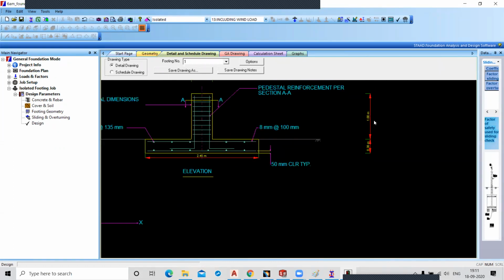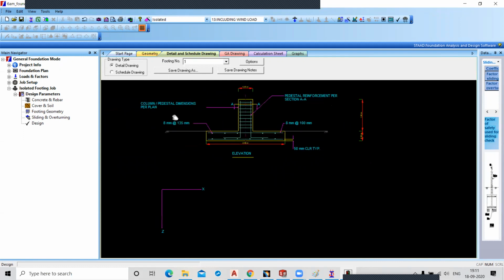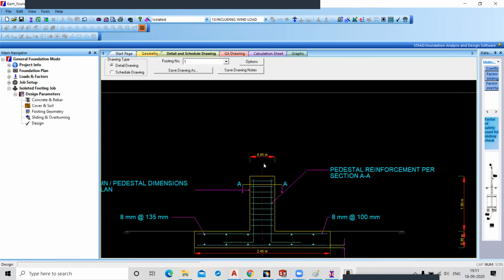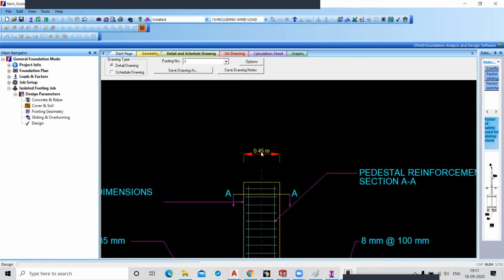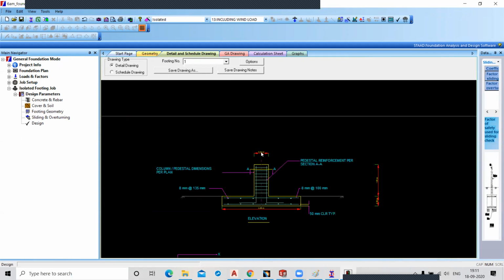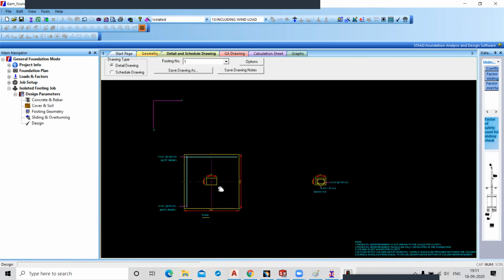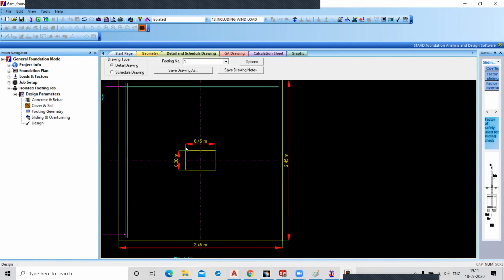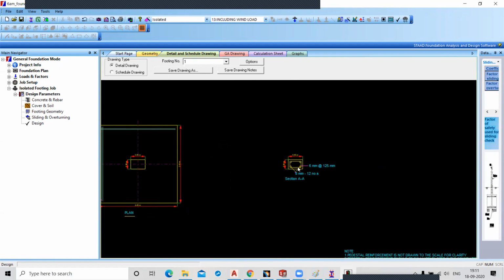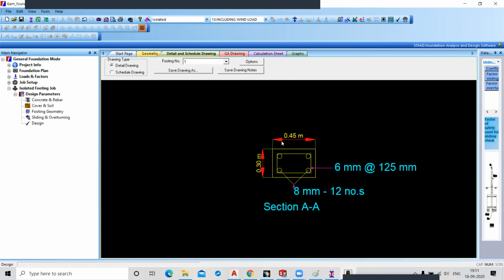Yes or no? Yes. And this is your column dimension, 0.45 meter. And see, this is the top view, 0.45 and 0.3. And this is the cross section, 8 mm bars, 12 numbers. Right? Yes.